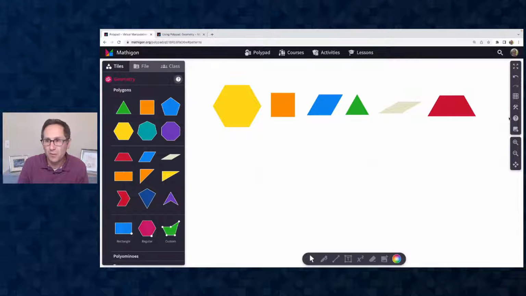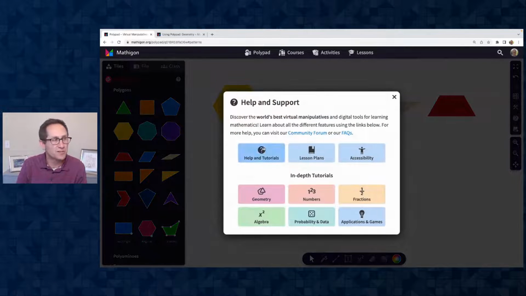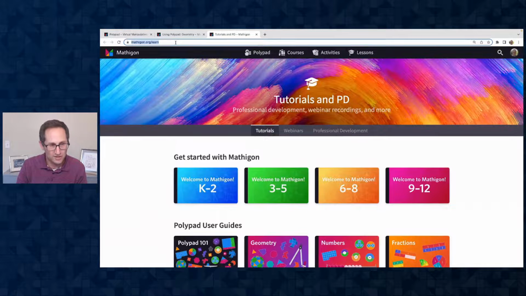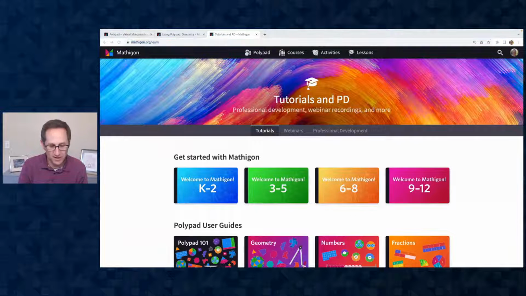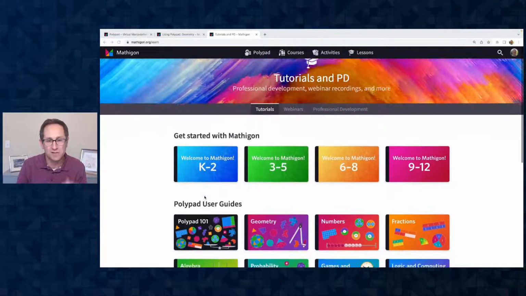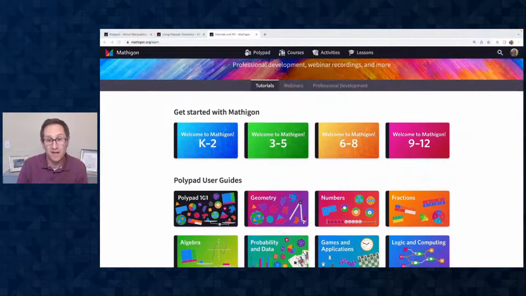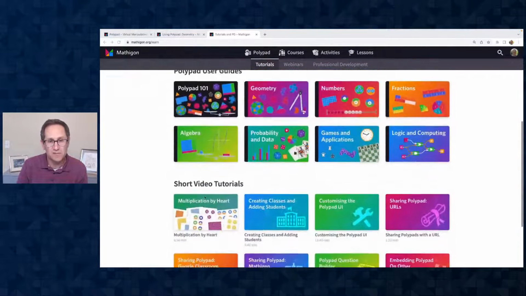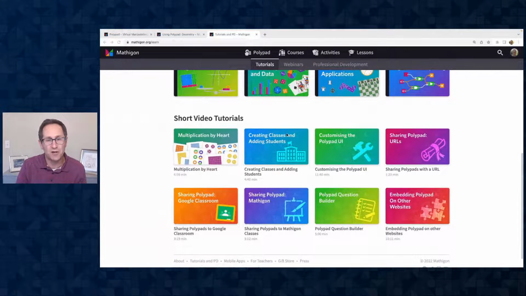And then the other thing I want to show you is the help menu on the right. It brings you to our general help and support page. And this first link, I'm just going to open it in a new tab, goes to mathigon.org/learn, which is really a good place to start with any questions that you may have about how to use Polypad. Specifically, all of these things about making classes and adding students and the customization option and sharing things